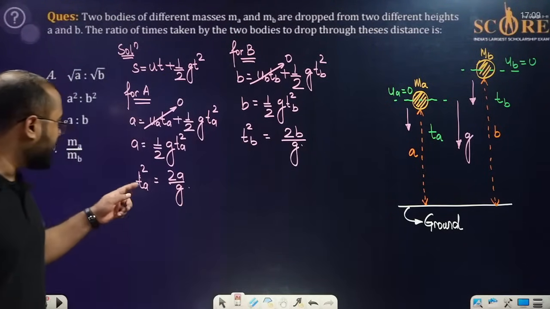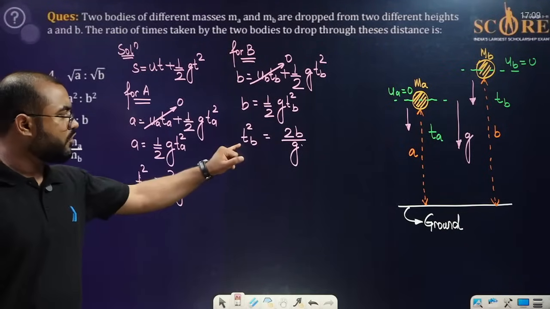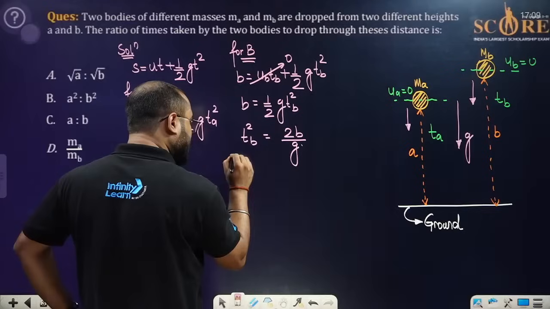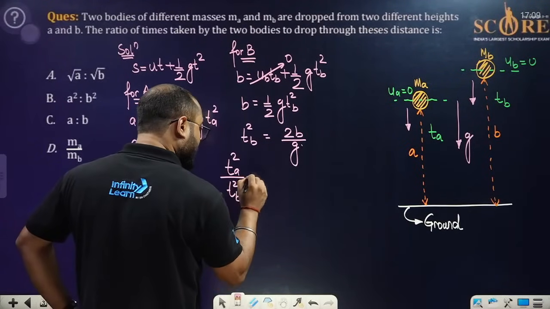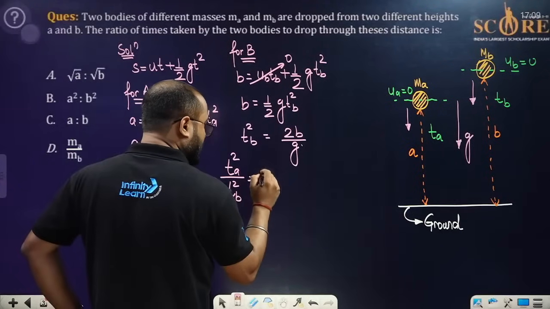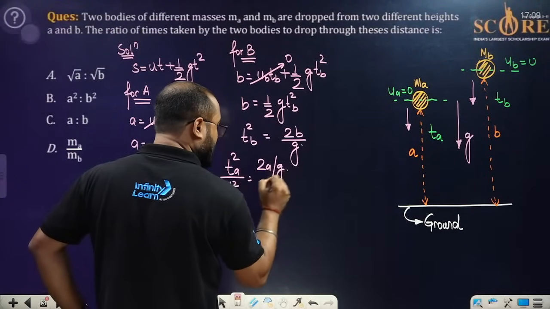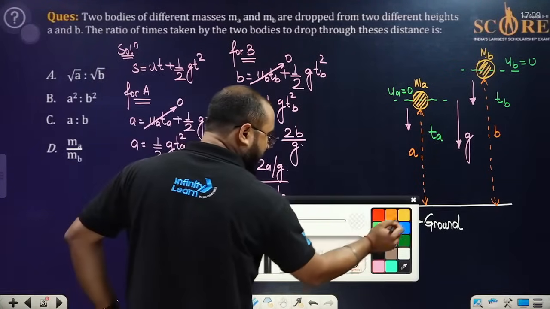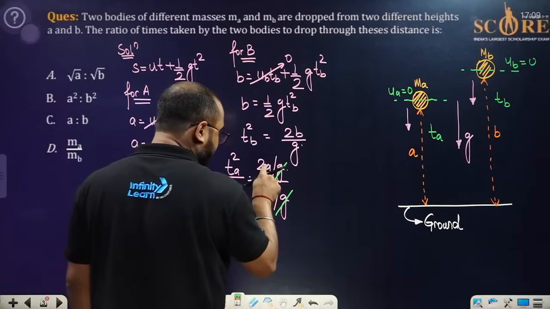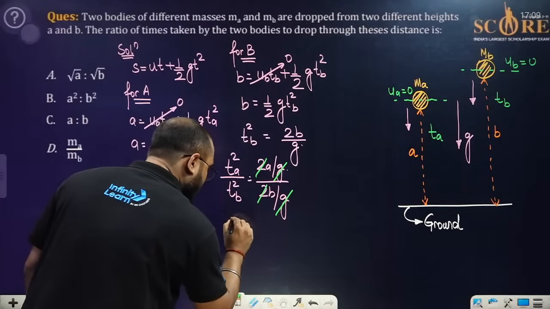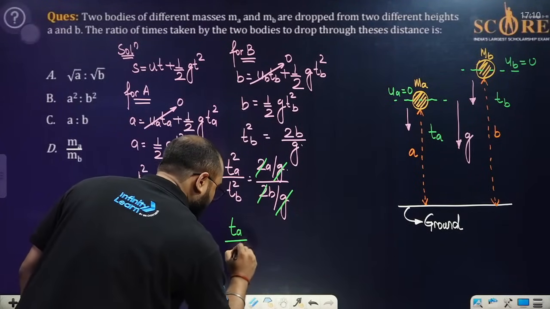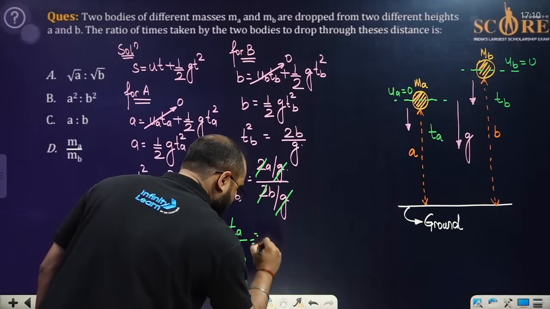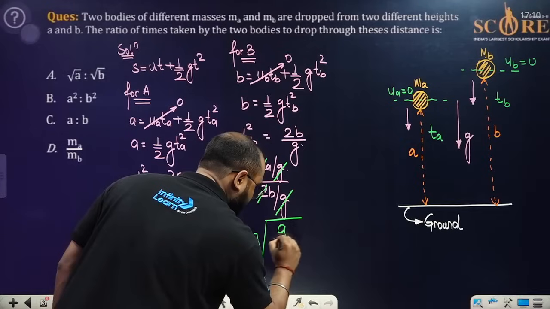So we have got an understanding of two different times, that is for the body a and for the body b. We want to find their ratios over here. So what we can do is, we can find out that t_a square by t_b square can be written as 2a by g by 2b by g. As you can understand from the simple mathematics, this g and this g cancel out. We are having 2a, and this 2 and this 2 cancel out. We are getting t_a by t_b can be written as whole under root of a by b.